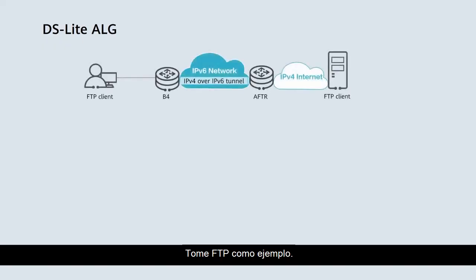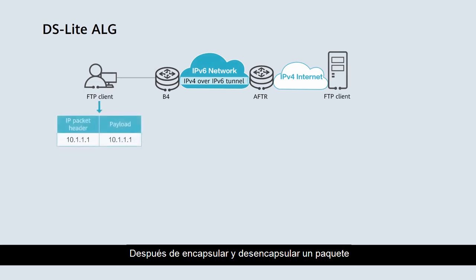Take FTP as an example. The FTP client on the IPv4 network needs to traverse the IPv6 network to access the FTP server on the IPv4 Internet. After a packet is encapsulated and decapsulated by the B4 and AFTR, respectively, the AFTR translates the private